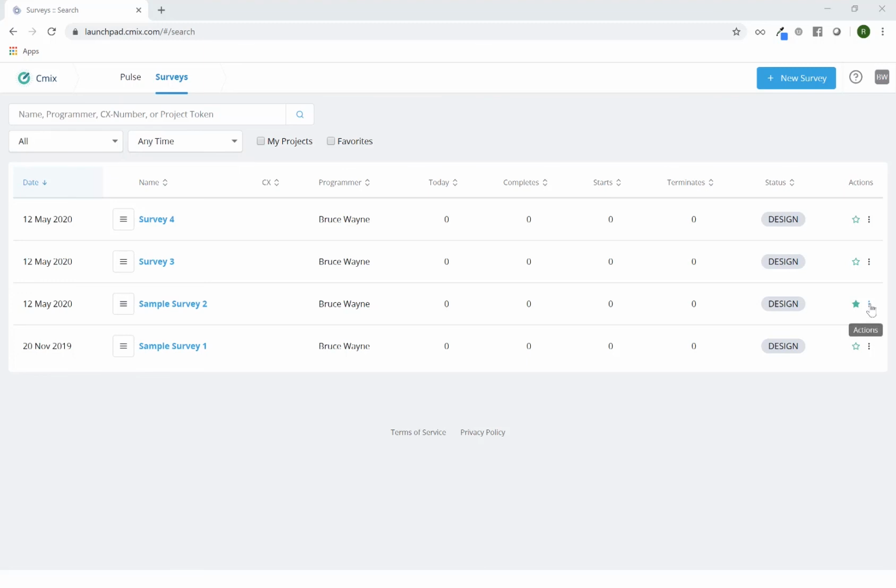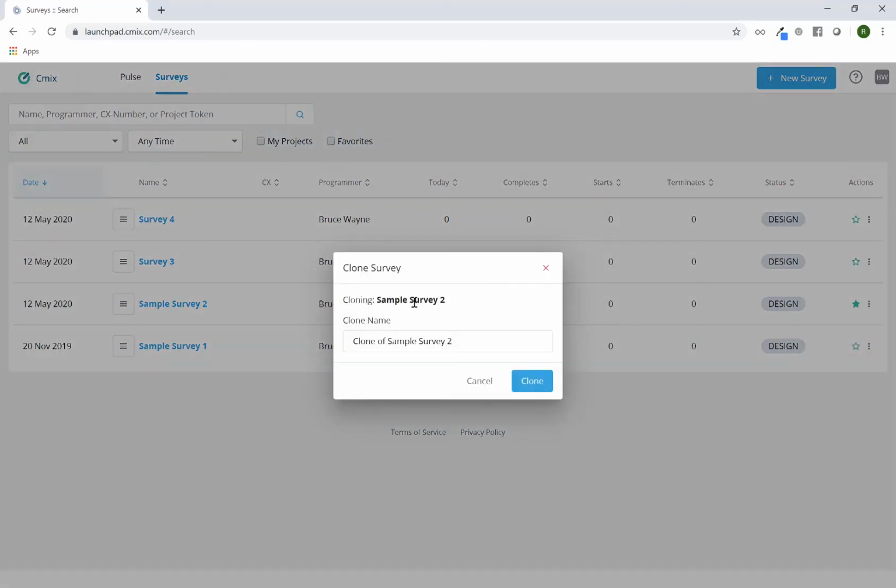If I click on that button, there's only one option. It's to clone the survey. So if I click on this button, you can see that it is telling me that I am cloning sample survey 2, just a confirmation, and then I can name it whatever I want to in this particular case. So let's say I want to label this survey 5. I'll hit clone,